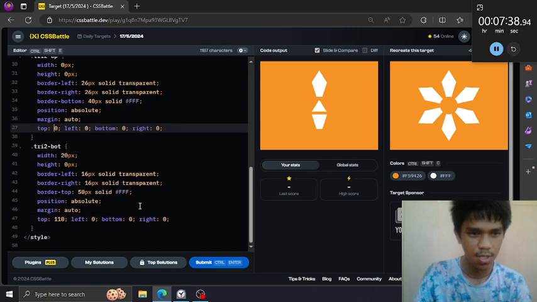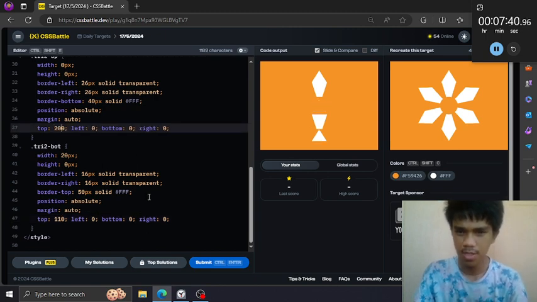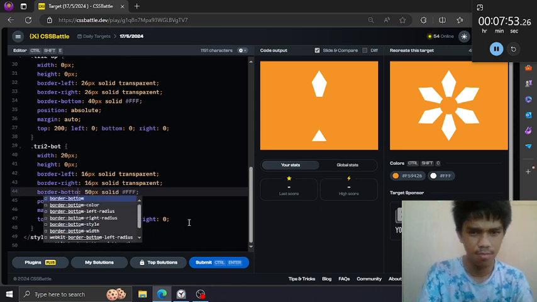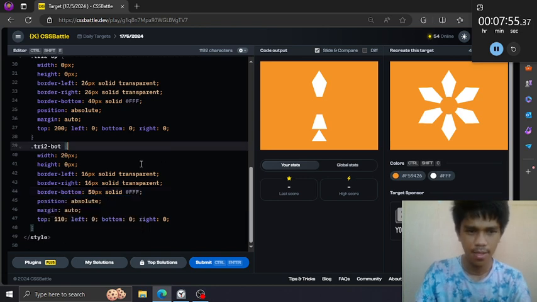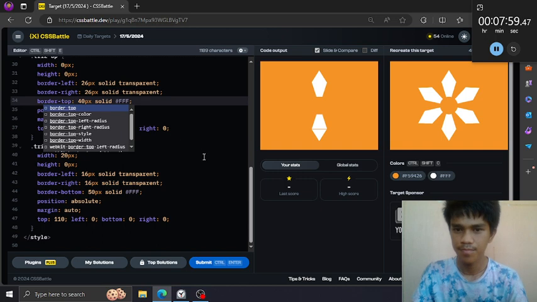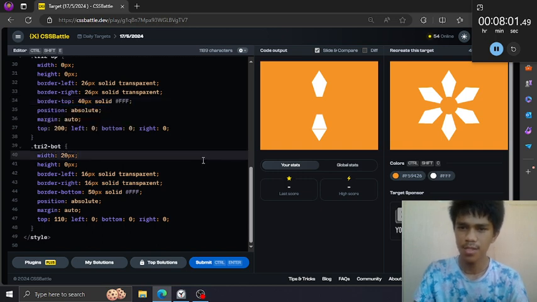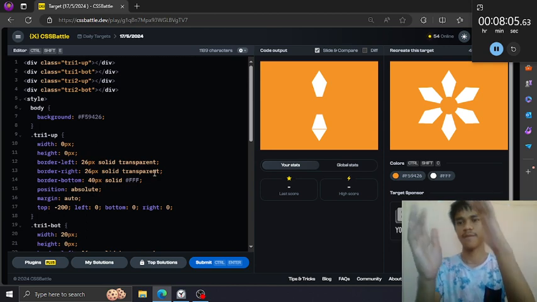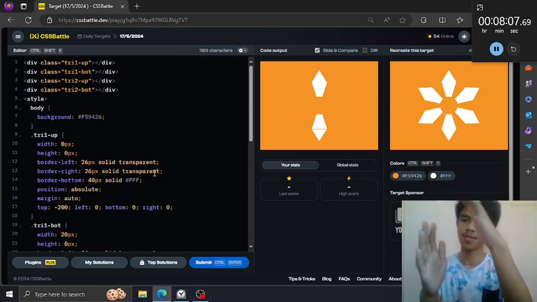Oops. Okay, let's go back there, and yeah, let's also reverse their base. So this is bottom and this is top. Now let's create the left one.